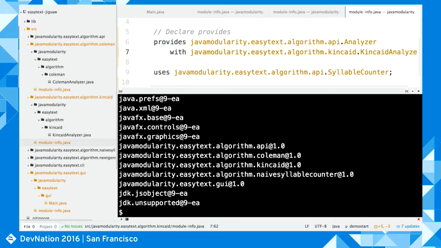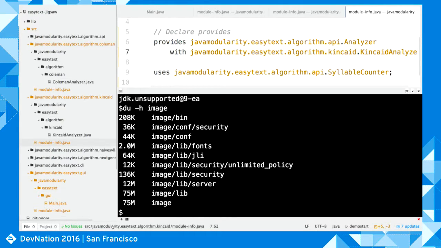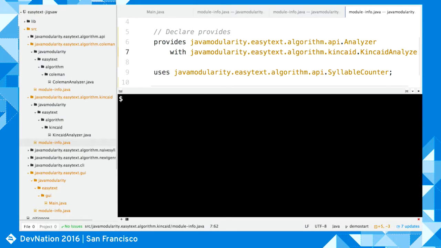So here you can see the difference between a small command line application, and let's look at the size just to compare as well. Now it's grown to 75 megs, which is, again, already fairly sizable. So using this tool, you can create minimal images, and you can create just enough runtime environment to run your application.